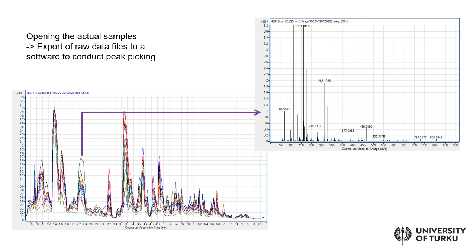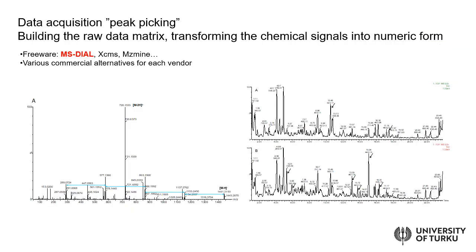So these are now then the raw data files that you push through the software that will do what we call the peak picking analysis, so that every single data file, every single retention time, all the different signals are then transported. This we already went through, so it's a procedure of peak picking, and why it's essential is that naturally in metabolomics analysis it's impossible to open all the files and examine all the signals individually, but you need to put that into a numeric form, into one entire data matrix that can be then explored in statistical analytical tools to find out the differences and so forth.